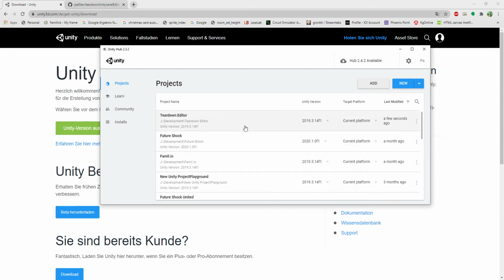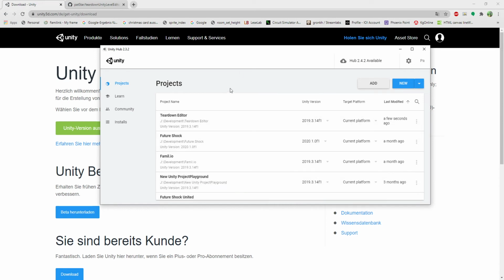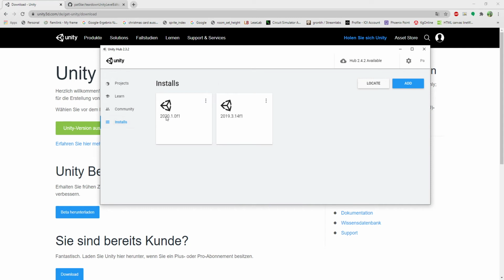It should look like this when you open it. Not like this, because there are some projects here I did, and you see the Teardown editor is at the 2019 version of Unity. I will update that later, but if you downloaded Unity Hub, you will maybe have an empty space here. I don't know if it has a sample game or sample asset here. You can go to installs here